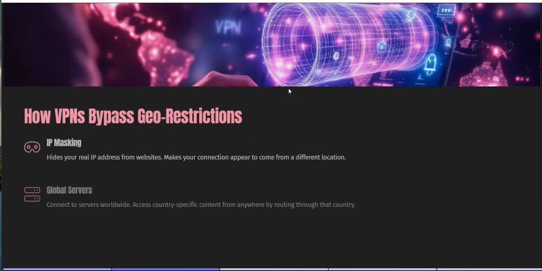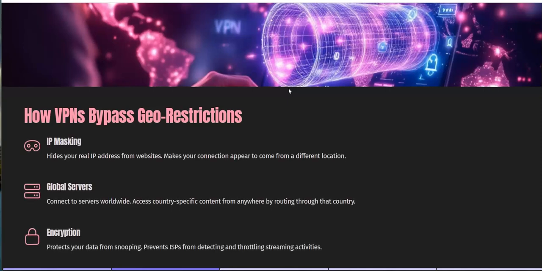They create secure connections that hide your true location and encrypt your traffic. So, how VPNs bypass geo-restrictions. Now, you've all probably been to a site or a YouTube video and it says it's not available in this location. A VPN creates a virtual private network tunnel between you and a VPN server. And that VPN server allows you to hide your real address from websites because your connection appears to come from a different location. As long as the VPN server has access to servers all over the world, you can effectively control your connection completely. Plus, encryption does prevent anybody snooping on what you're doing, what you're seeing, or what you're